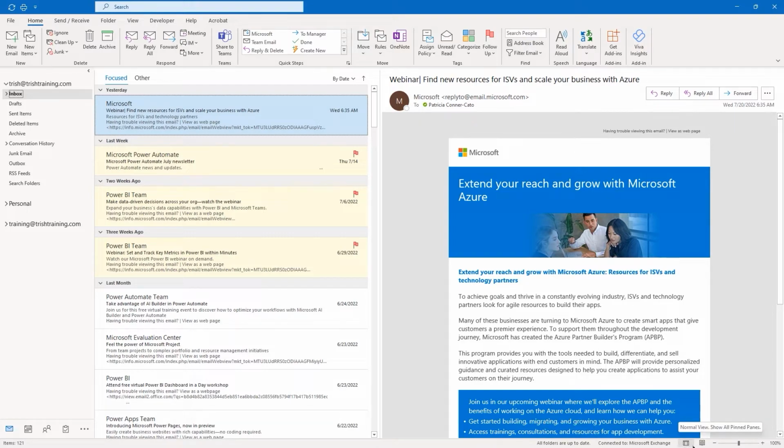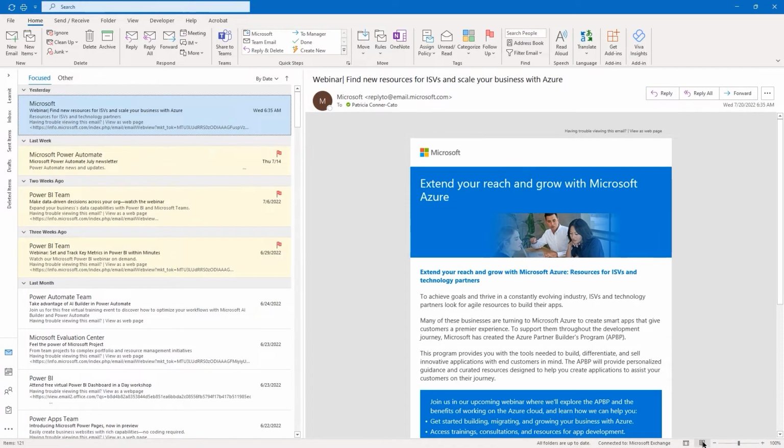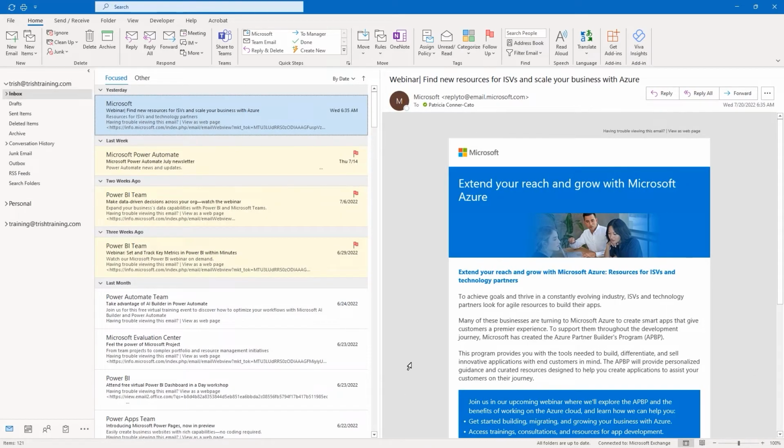I have a couple of view buttons: normal view, which we're in, and reading view, which will expand the screen a little bit more, or it should. And then you do have a zoom slider over there. So that is your navigation, getting used to navigating in Outlook. I mean, you're going to use the ribbon, you're going to use the folder pane to switch to different things.